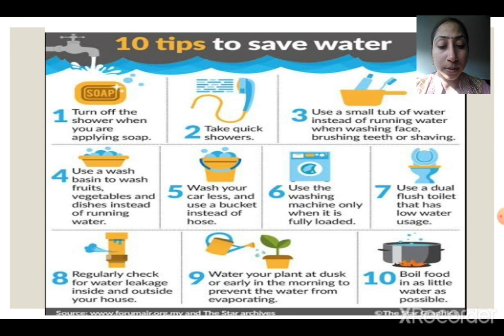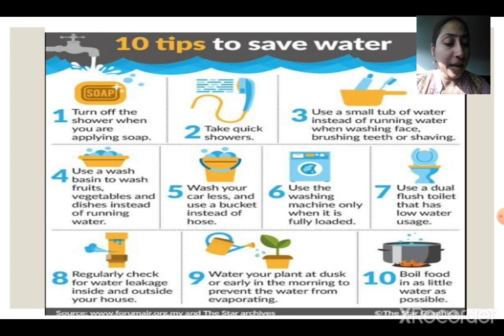We should not waste water by letting taps drip. If you feel any tap is leaking, we need to call the plumber, we need to inform our adults, right? We should avoid draining water unnecessarily by cleaning cars, or wasting it in the kitchen or in the driveway, like wasting a lot of water washing your bicycles. Instead, you can use a bucket and a mug. Water used in the kitchen for washing fruits and vegetables can be reused for plants, isn't it? In your gardens.